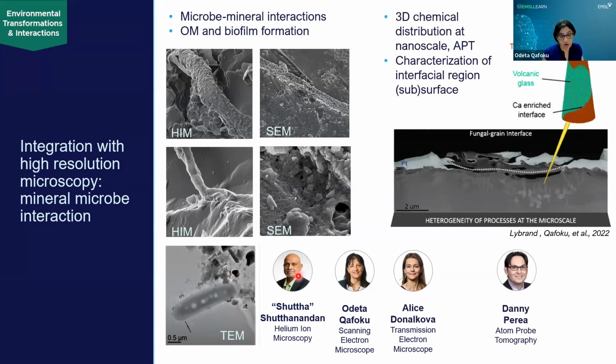Electron microscopy has also a different type of application called focused ion beam that can be used to do a cross-section of the microbe-mineral interaction and look at what is happening just below the surface